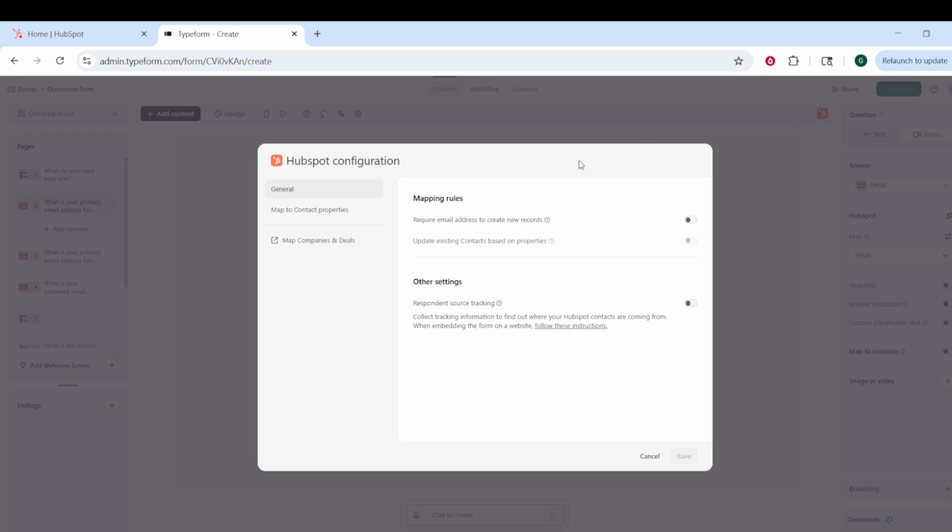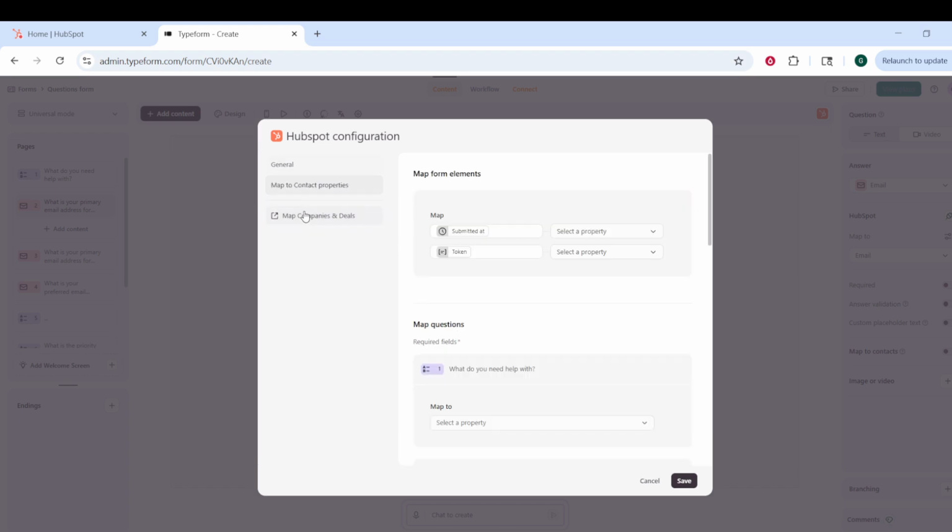Mapping correctly helps you maintain clean CRM records and makes your data useful for follow-up and reporting. Take your time with this mapping step because it directly affects how Hubspot will store your responses. If a question could correspond to multiple properties, choose the one that matches the purpose of the data. If you are unsure, look at the property names shown in the Hubspot side and choose the closest match to